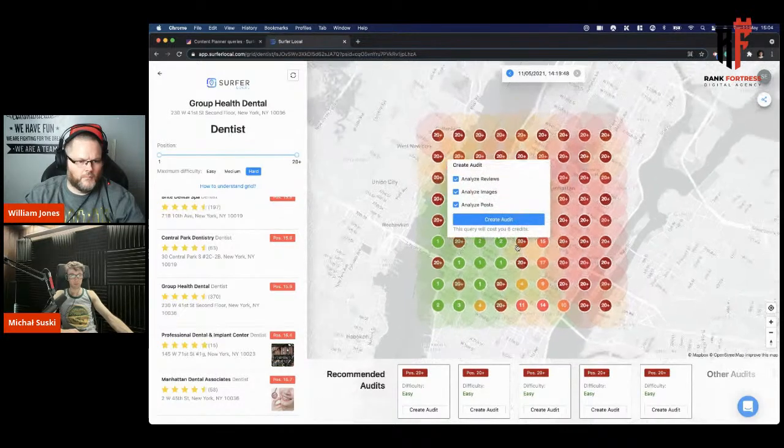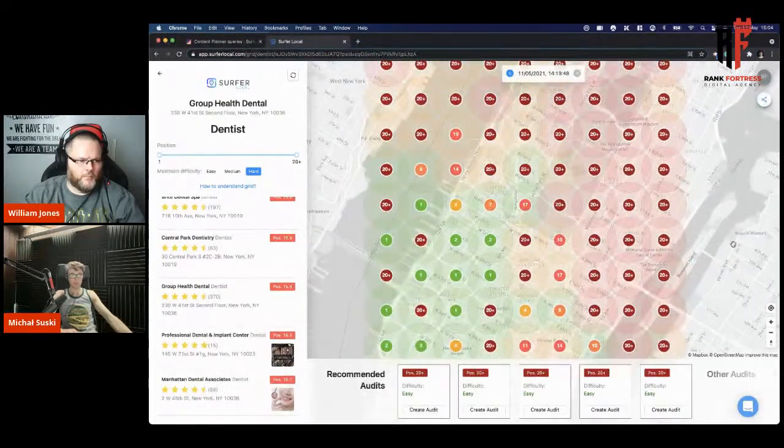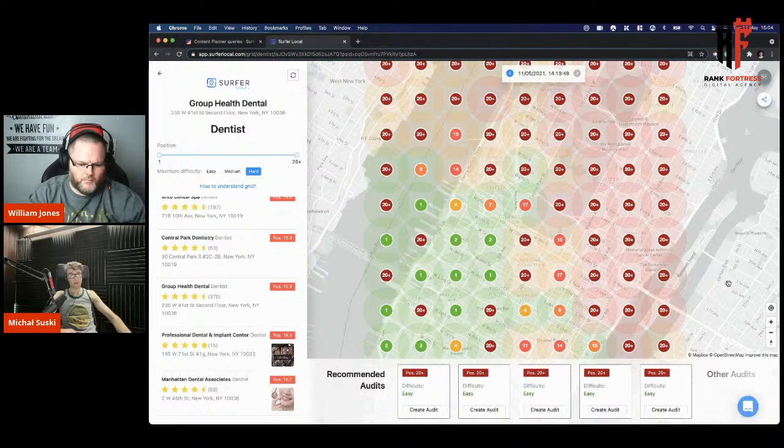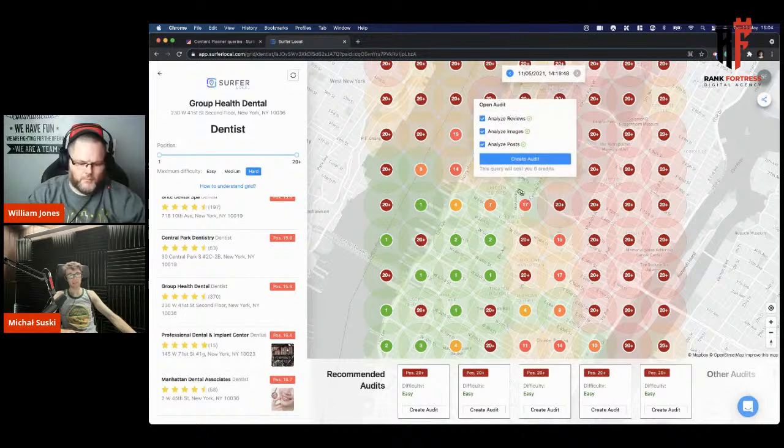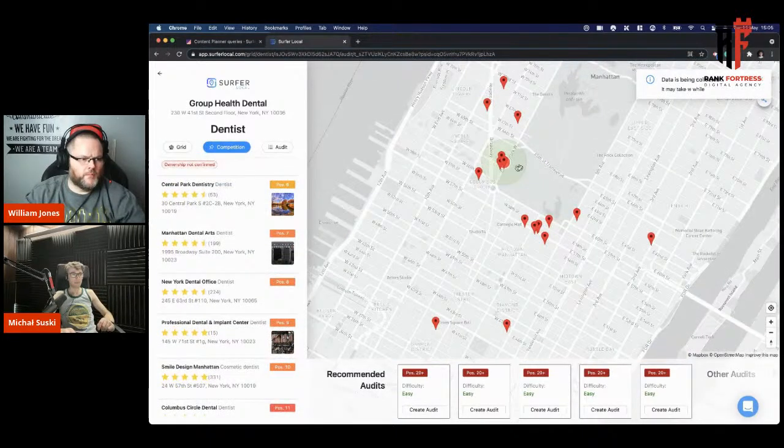And before I do so, I will just tell you what these circles are. We have these circles in the middle that tell us the position, but we also have this surrounding circle that is about difficulty. Of course, green are easy, yellow are medium difficulty, and the red ones are slightly harder to chase. So for me, this is one of the greatest keywords, like this one here, position 17 with a green surrounding circle. So I will create an audit for this specific place, and imagine what will happen right now. This is crazy because you will find huge